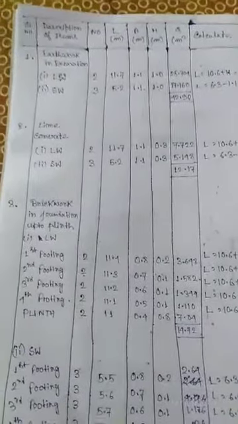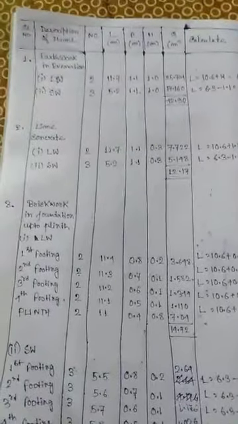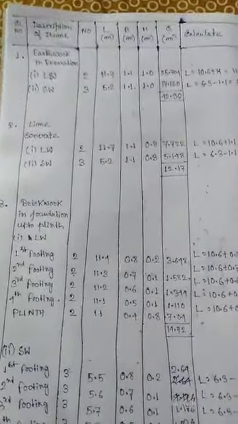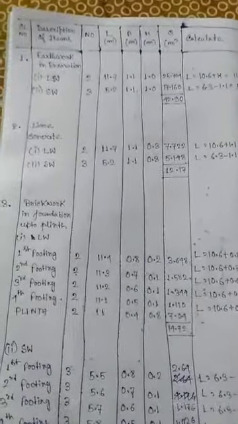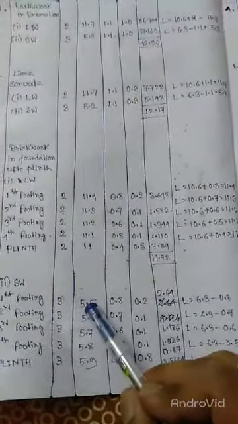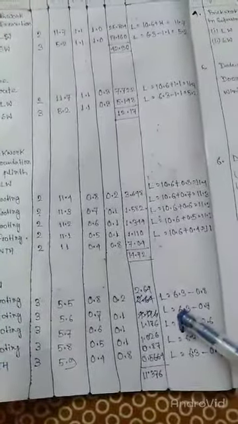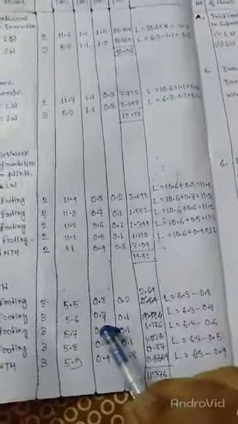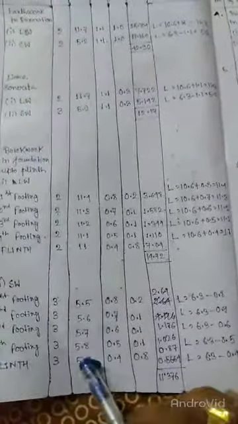Now we have to calculate for the short wall in a similar way. The center to center distance for the short wall is 6.3 meter. Here you have to subtract the width of the first step, second step, third step, fourth step, and the plinth. So here the length will become 6.3 minus 0.8, so it will become 5.5. Like this, in a similar way, 6.3 minus 0.7 becomes 5.6, and 6.3 minus the breadth or width becomes 5.7, 5.8, and 5.9 for the plinth.